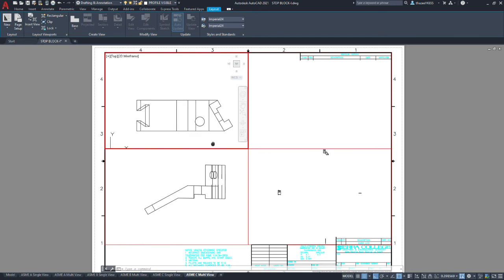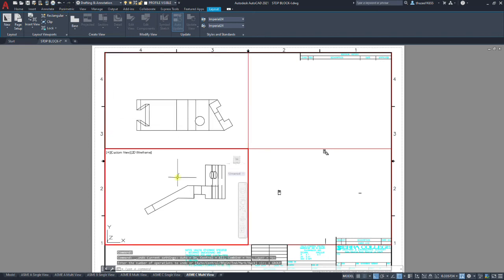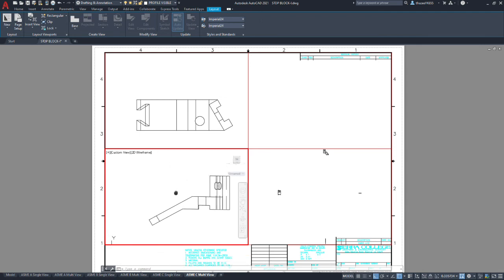And we're going to probably need to place this towards the bottom. Hopefully we get enough room for dimensions. In fact, I'm going to go back to the bottom viewport here for the front view. And I'm going to move that down and to the right. I'm trying to leave room right here for our auxiliary view,